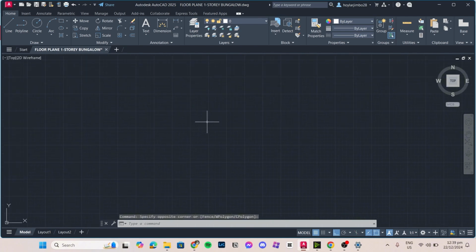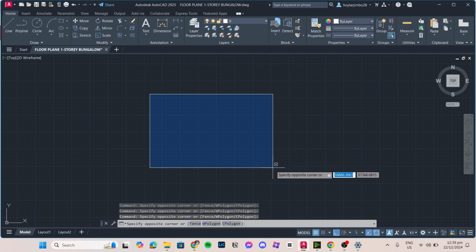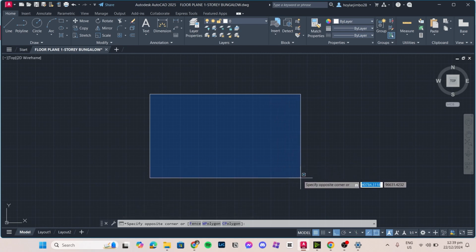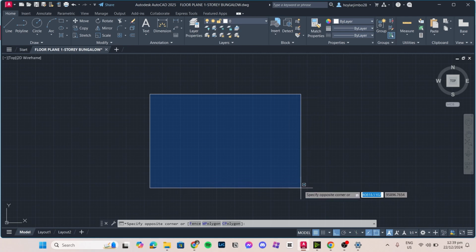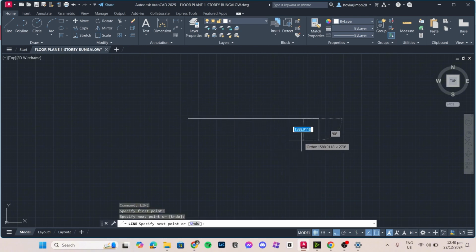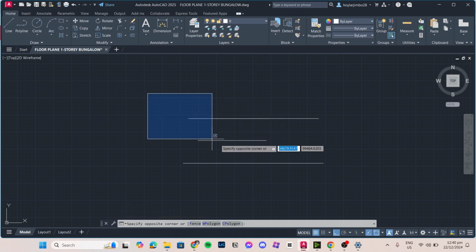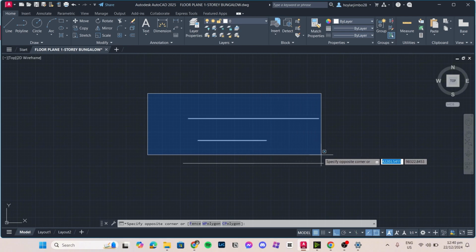So the difference between the two is that when you use this, the whole line or the entire object should be covered by this blue rectangle. So for example here, I have three lines with varying length. So if I use the blue one, if I click here and then drag to the right, in order